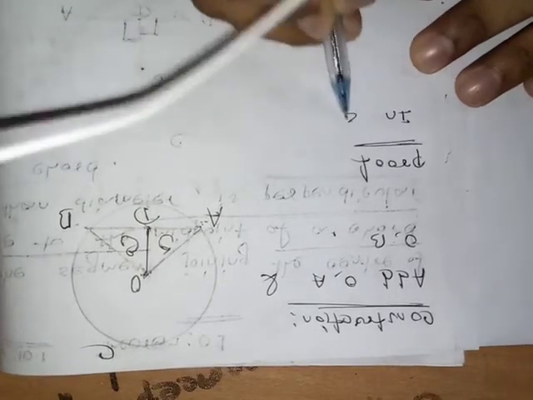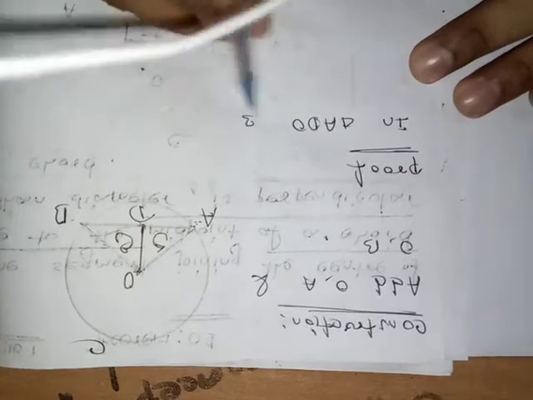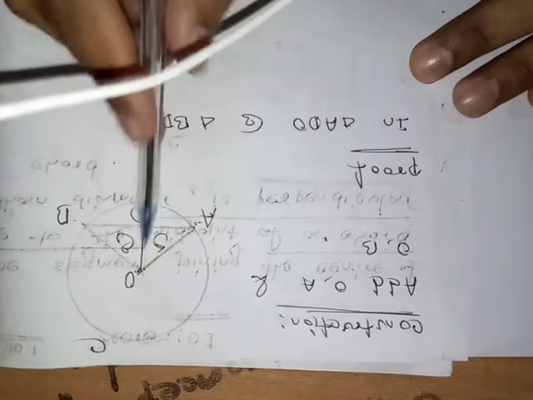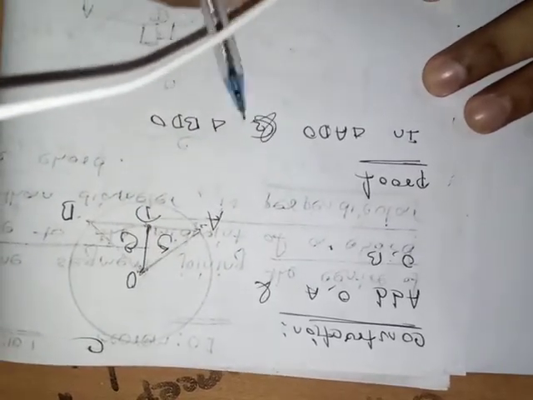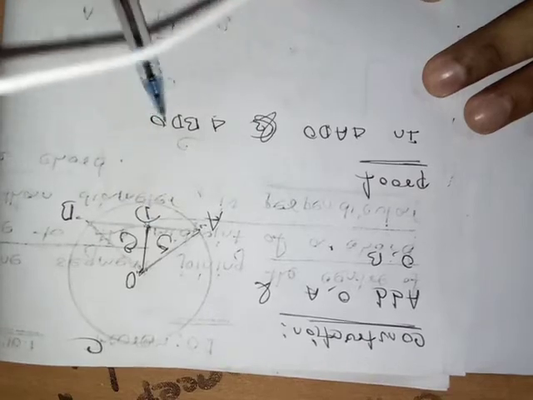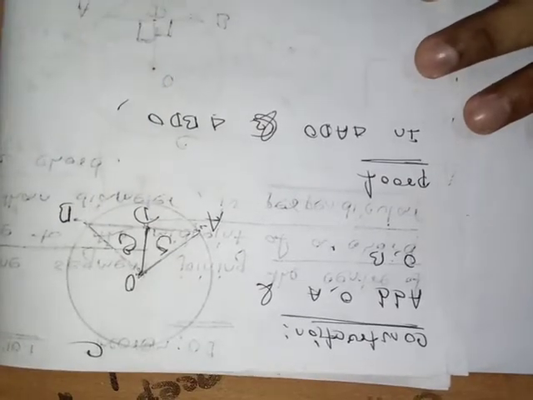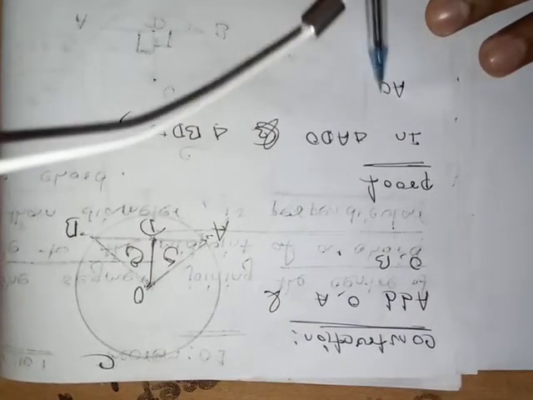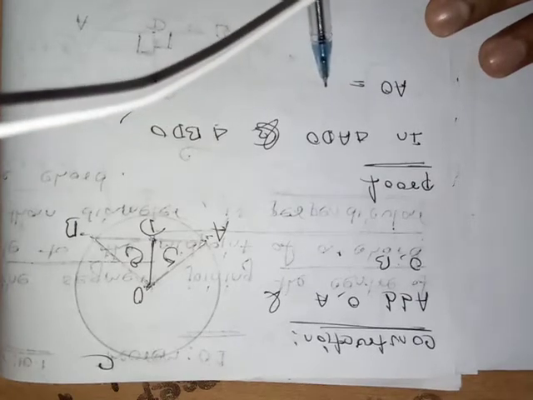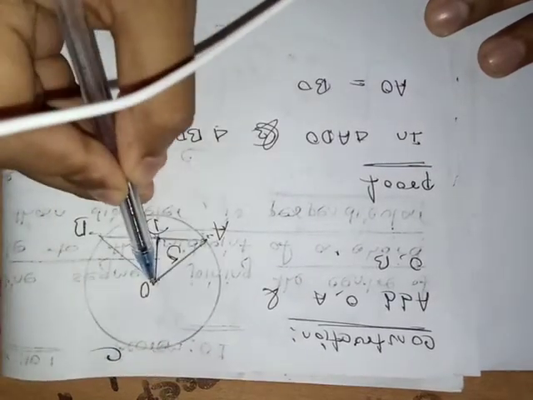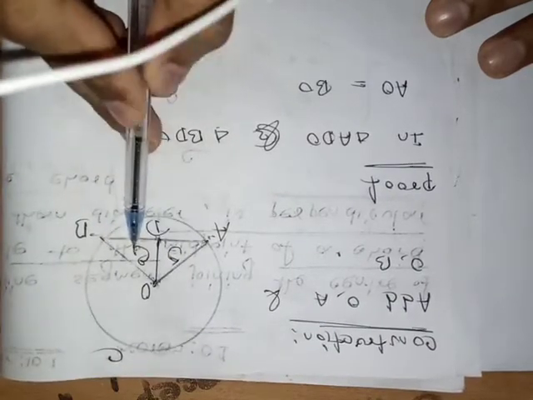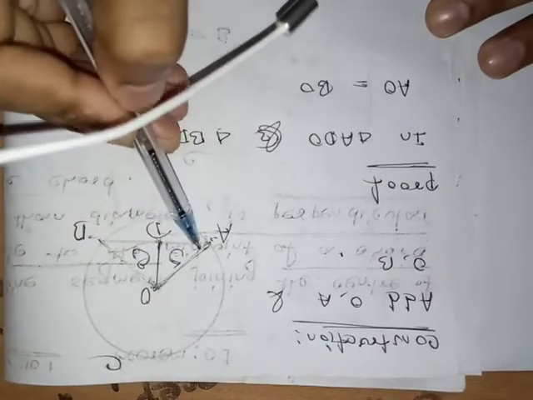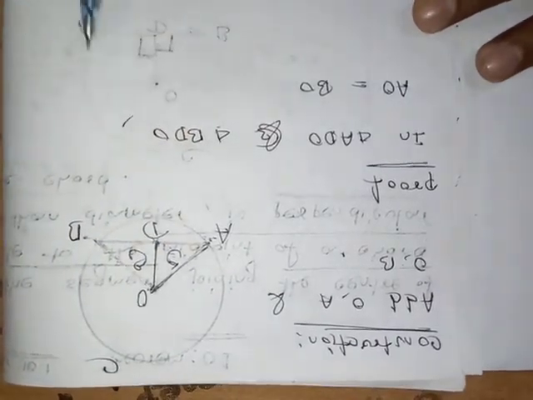So in triangle ADO and triangle BDO, we can write AO is equal to BO. In these 2 triangles, AO is equal to BO. This line is equal to this line. Why? Because